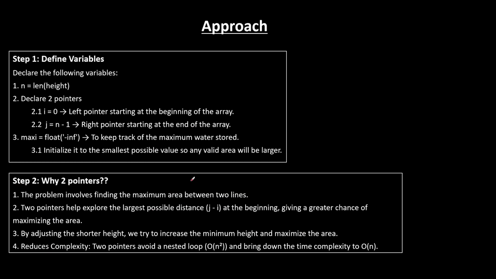Since we got the intuition of the problem, let's look at the approach, how we are going to solve it. Okay. Now we define variables. One would be n, the length of height, and we have to declare two pointers. One will start from 0, the other will start from the last, n minus 1. Now we are storing in the maxi variable float of negative infinity,